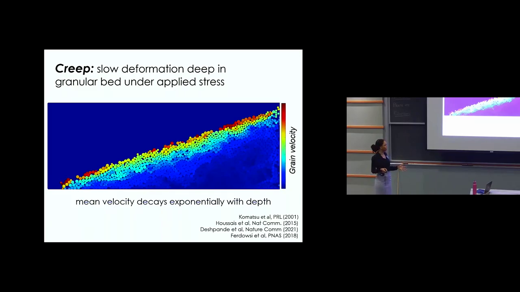So we see that the grains at the top are exhibiting that kind of rapid surface flow, but there's also significant granular motion deep within the pile. Also, as you've learned so far, we refer to this type of behavior as a creeping motion, this sort of subyield deformation that's exhibited in granular systems. This is a robust feature that is observed in sheared granular systems, and as we learned from our previous talk and from past experimental work, creep can be observed even in the absence of such disturbances or shear. So it's a robust and interesting feature of granular systems.